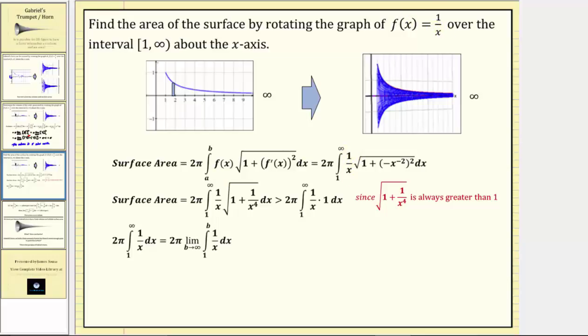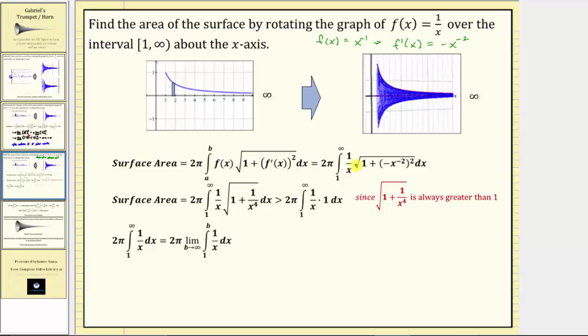To find f prime of x, though, we'll need to write f of x as f of x equals x raised to the power of negative 1, and therefore f prime of x is equal to negative 1 times x raised to the power of negative 2, or just negative x raised to the power of negative 2. And therefore the surface area equals 2 pi times the integral from 1 to infinity of 1 divided by